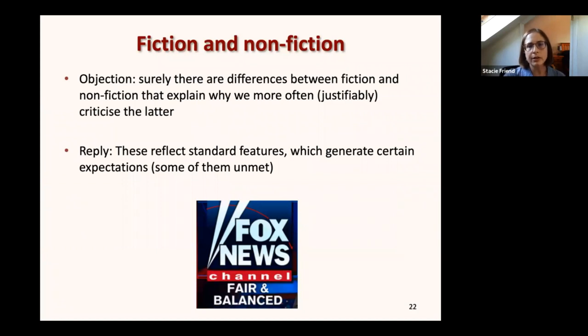Now, you might object that surely there are differences between fiction and nonfiction that explain why we more often justifiably criticize the latter. And my reply is that this reflects standard features of the genres that generate certain expectations, some of them unmet. Many works